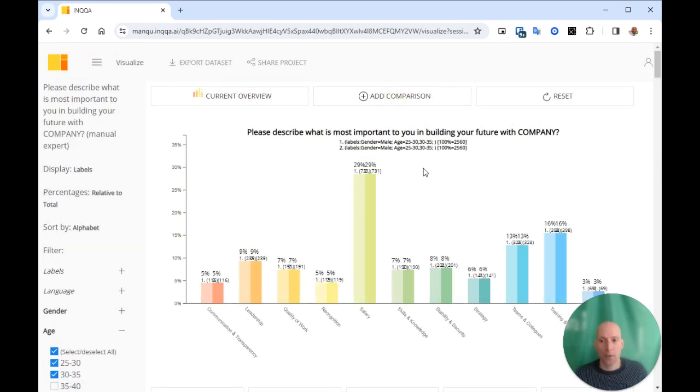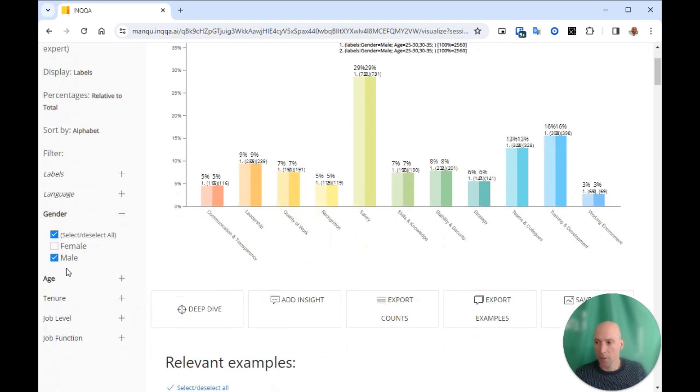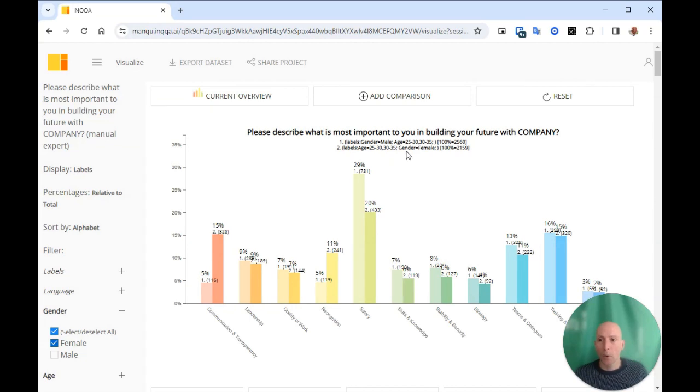And obviously it might be interesting to compare this one to the female respondents in the same age category, or to male respondents in the other age range. So let's, for instance, now say, well, I want to compare this against the female respondents. I will simply just deselect this one and select this one. And now what you see is the gender differs, male, and here it's female, and the age categories are the same. And this actually gives me quite an insightful